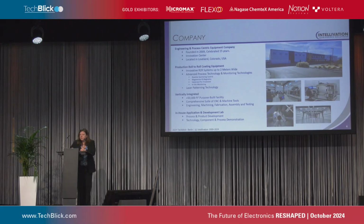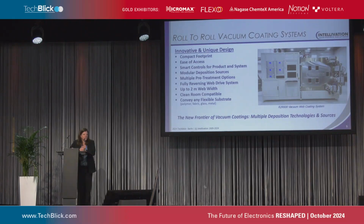We do all of our own engineering, all of our own controls, all of our own HMI programming. All of that is done in-house. So it's pretty unique in that aspect. And then again, I'll talk about our lab machine. This is our standard roll-to-roll platform, and it's unique in several ways. One is that it's very compact, it's ergonomic, but one of the most